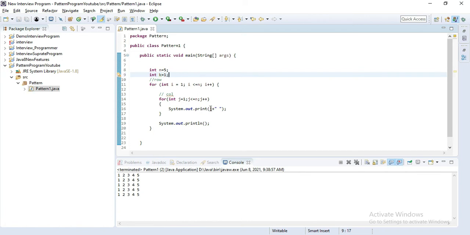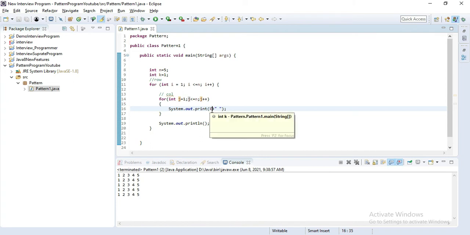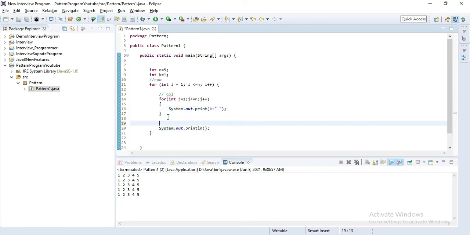I'll simply pass that k here, and I want to increment this k every time. That's why I'll define k plus plus. Let's save this and run this. You can see, oh, I think we made some mistake.